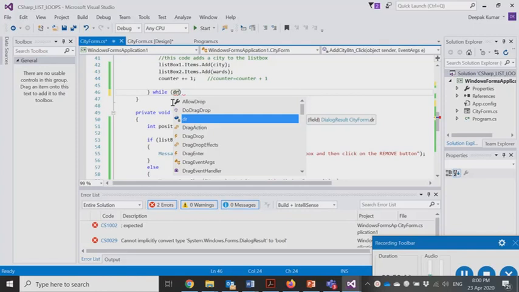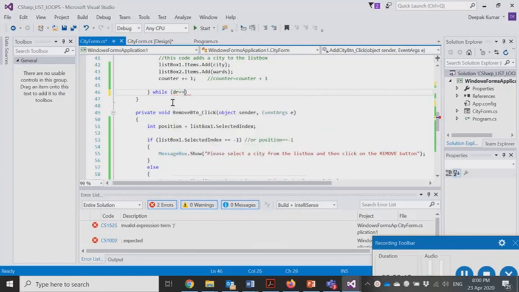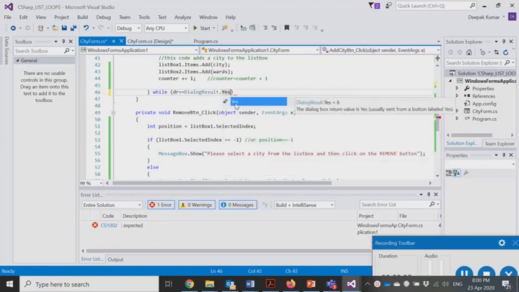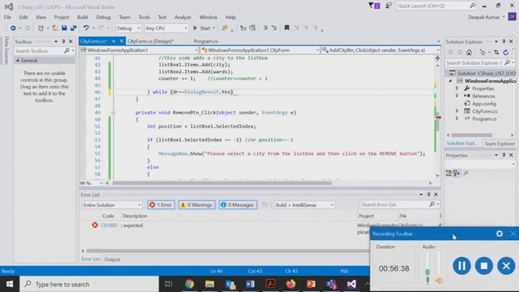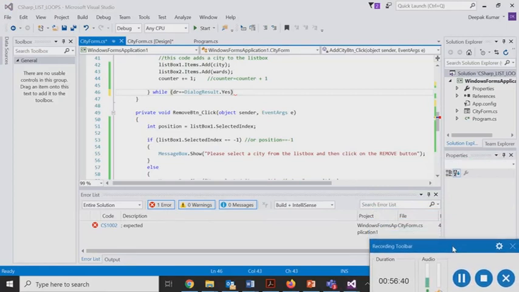That is why we will be using this value over here. So we will say dr equals DialogResult.Yes. So we will be picking up the Yes value from the DialogResult, and once we have picked up that value, we will use it to ask the user a question about that.